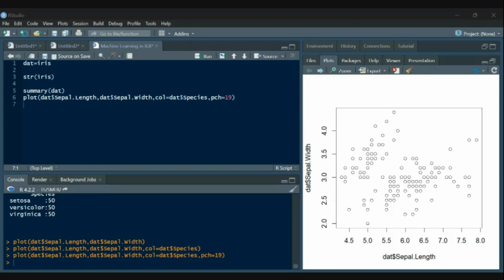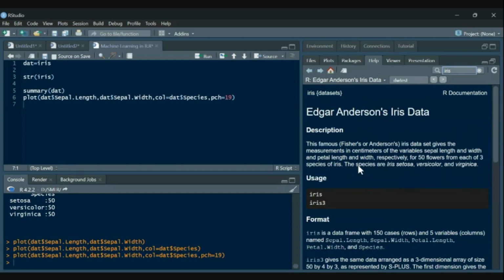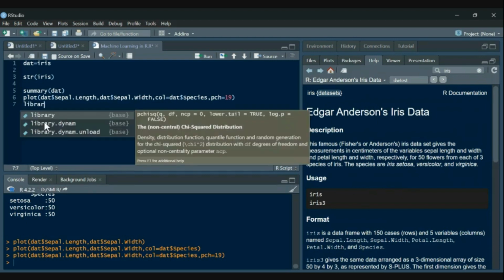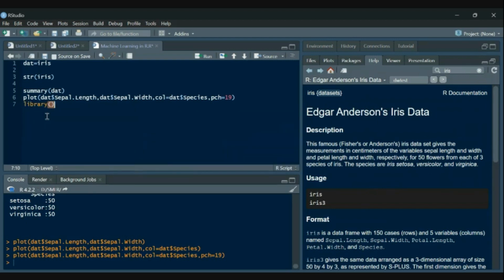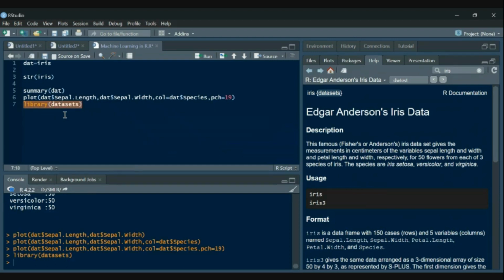Just let me check. Sunita ma'am, just write library data sets, and then try typing iris again.